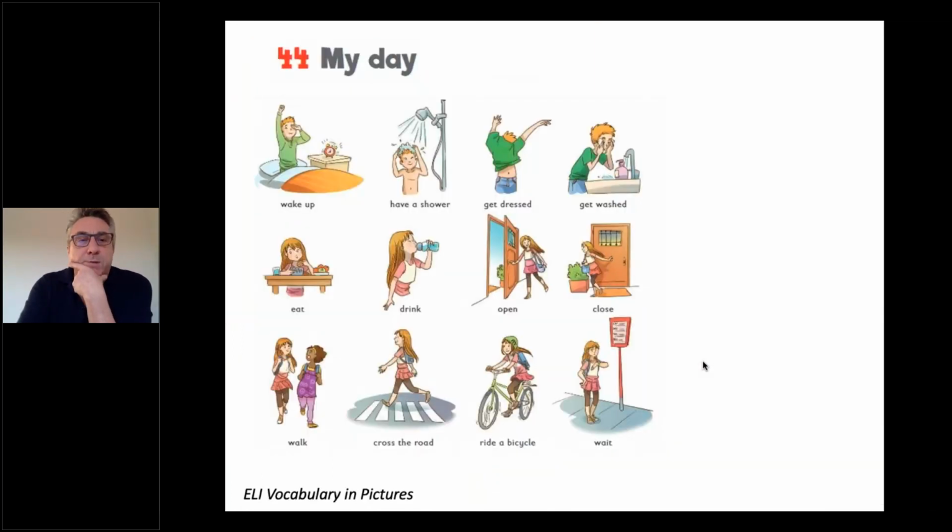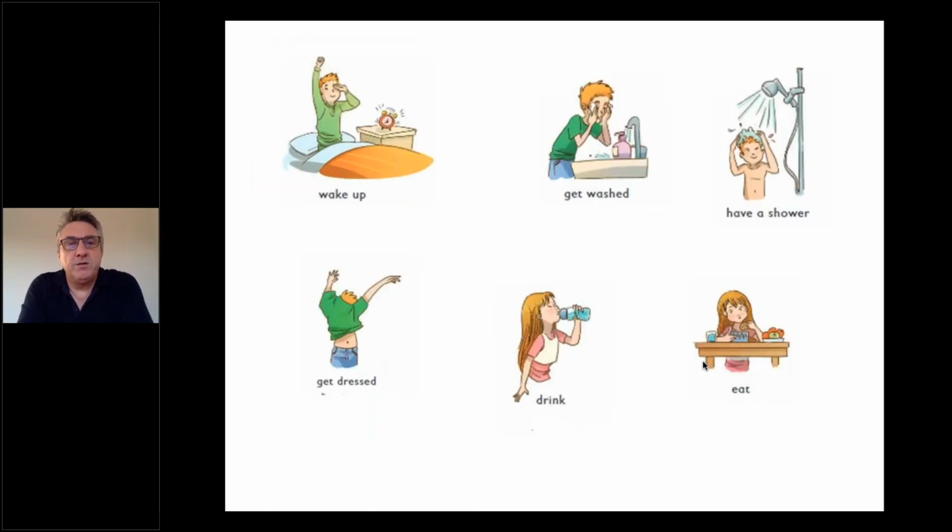So, for example, I can go into a bit more about routines. So now we're looking at routines. I looked up this page in Ellie's vocabulary in pictures. So when you come to the course book and it's routines, always, sometimes, never, frequency, okay, then very often the course books don't do enough like this, where I just want to step away from the course book and isolate some of the expressions. Maybe you could take away some of these and do this, where you just have a few of those pictures, and then the students have to practice talking about maybe what time they wake up and what they do next.